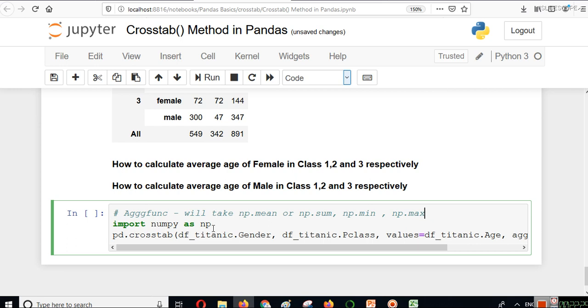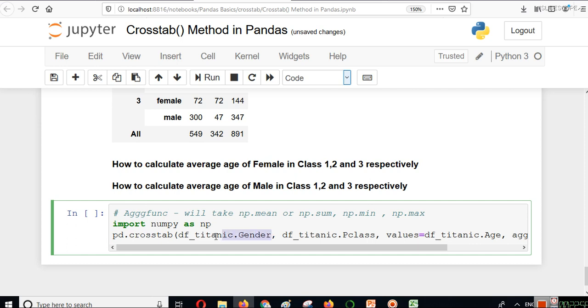So first import numpy as np, then we have to cross two tabs together. What we want is the average age of female in class 1, 2 and 3. So age will be our value, the first tab will be the gender, and the second tab will be the p class.